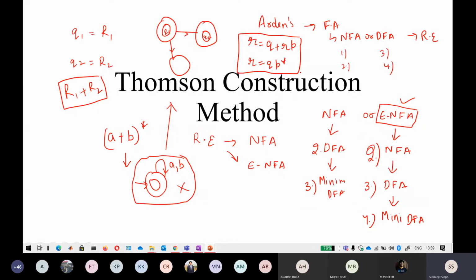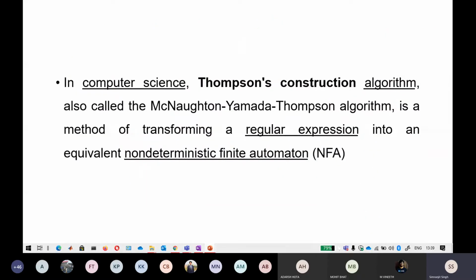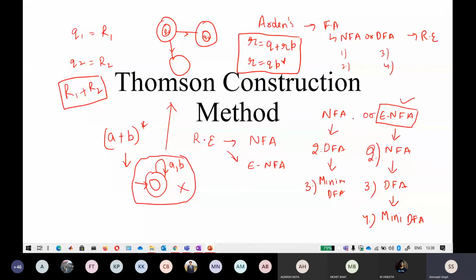It is a very simple method. There is nothing to it, just a simple mathematical method. Personally, I do not want a method where after I get an NFA, after I get a regular expression, I have to go through steps like 2 and 3. I want a method where from a regular expression I directly go towards the minimized DFA, or I can go towards the DFA also.